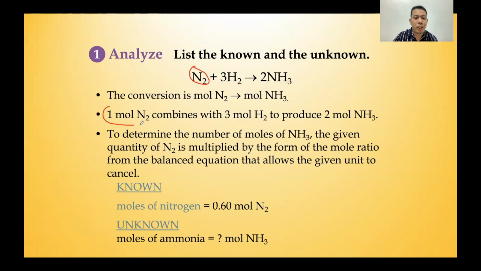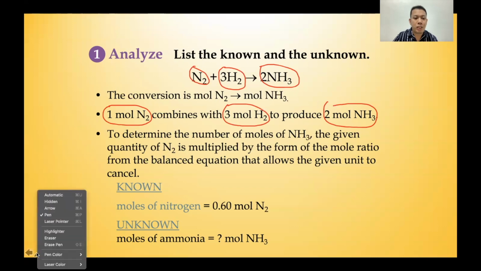So 1 mole of N2, and then this is the 3 mole of hydrogen that is written in this part, and then you have here that produces 2 mole of ammonia, and this is this one. So all this, 1 mole of N2, 3 mole of hydrogen, and 2 mole of ammonia, are all essential when it comes